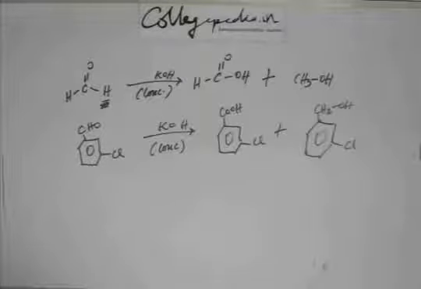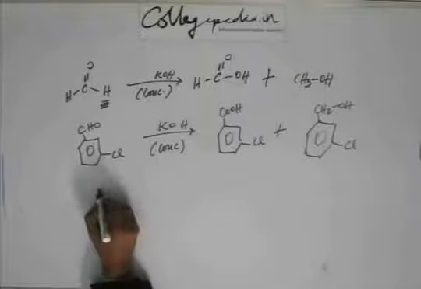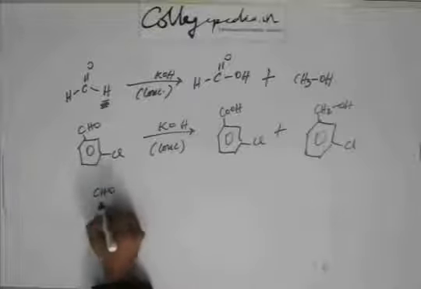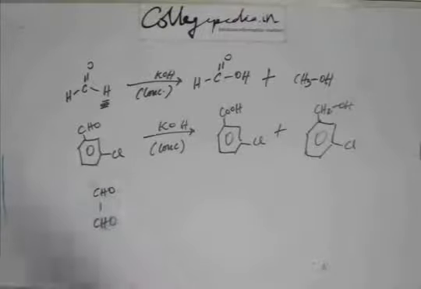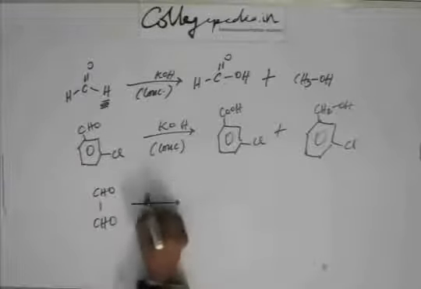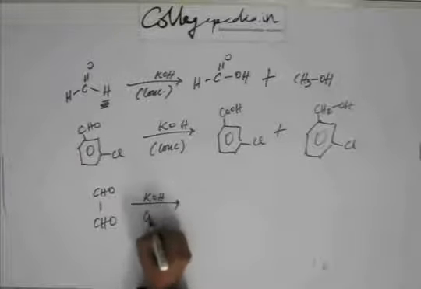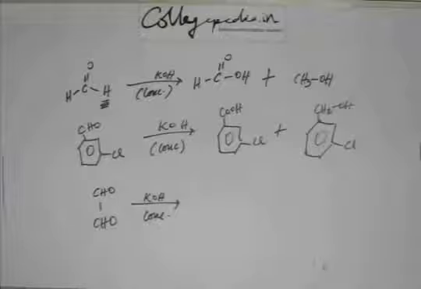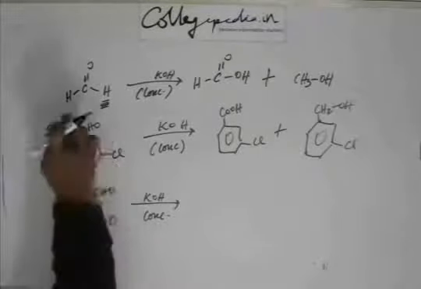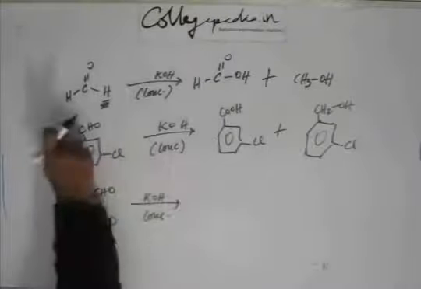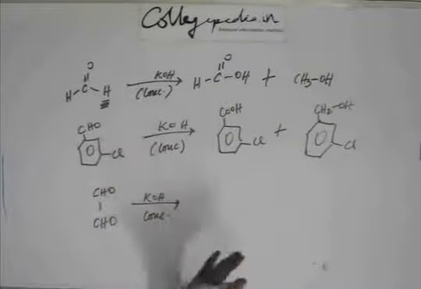Now there could be again intramolecular Cannizzaro reaction, as we have seen for aldol condensation. Suppose you have ethane 1,2-diol, and then we have added concentrated KOH onto this molecule. Then there are 2 aldehydic groups present. Fine. Now one aldehydic group is oxidized and the other aldehydic group is reduced. That's what happens in Cannizzaro